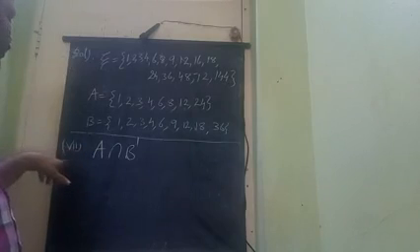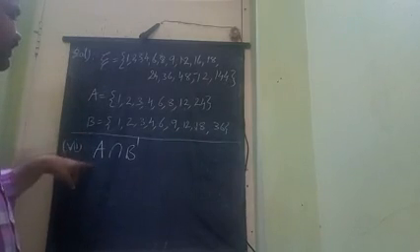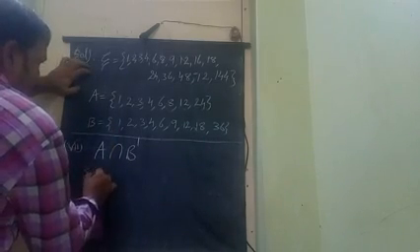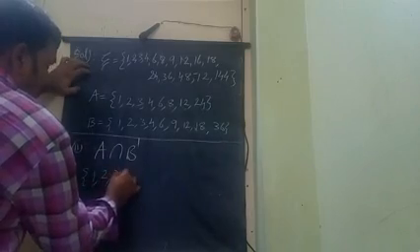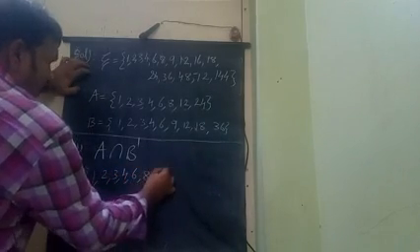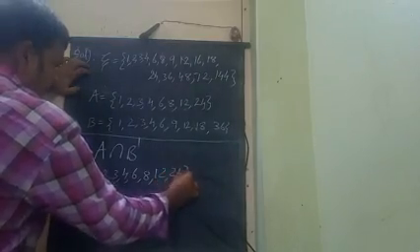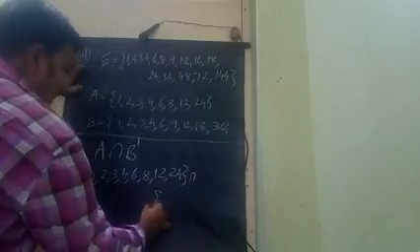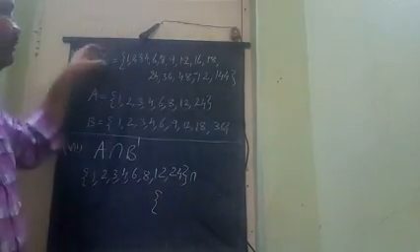So okay, the 7th sum I took that once. In the 7th one, A intersection B dash. What are the values of A? Write that once: 1, 2, 3, 4, 6, 8, 12, 24. These are the values, the factors of 24, and the A intersection B dash means take off the B values.